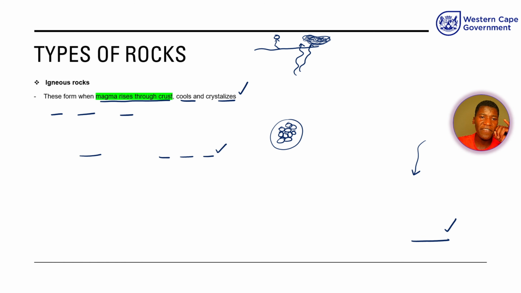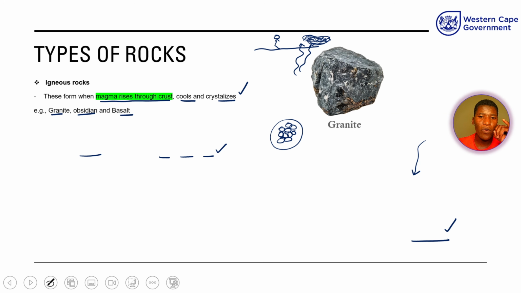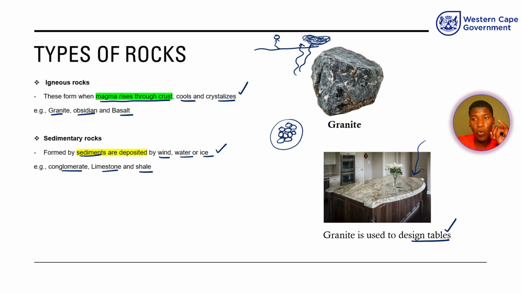So basically, in our previous diagram, the sedimentary rock, we are talking about these brown rocks here. These brown rock layers, all of these layers here, they are layers of sedimentary rock. So the layers of sedimentary rock are found underneath the crust. They're actually the ones that are making up the crust in most cases. Okay, although we have got granite, when we're talking about sedimentary rock, we are talking about those rocks that have been formed when sediments combine. Okay, so for example, we have got conglomerate, as well as limestone, as well as shale. All of these are examples of sedimentary rock. At least these ones are the most common ones, and they might pop out in your exam.